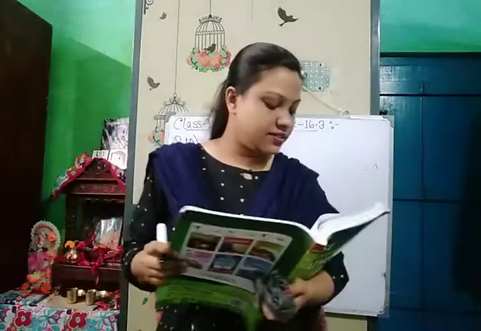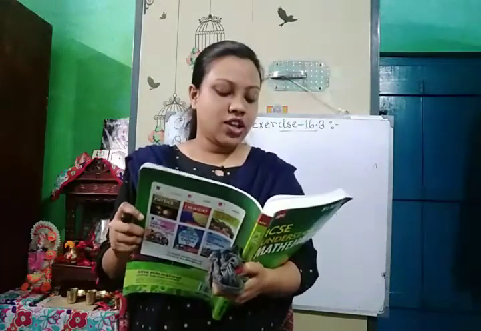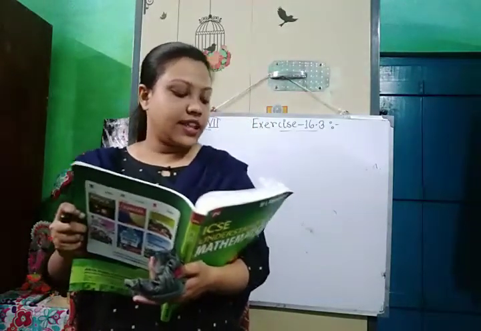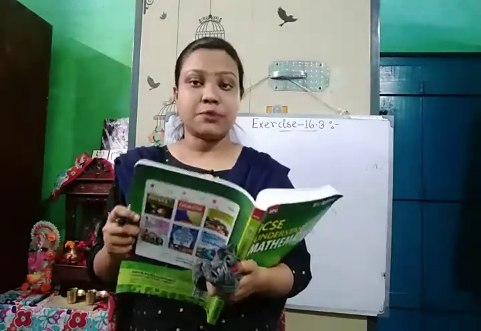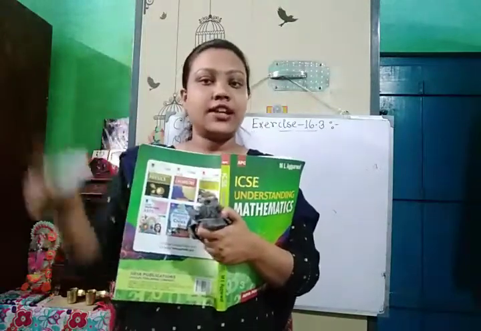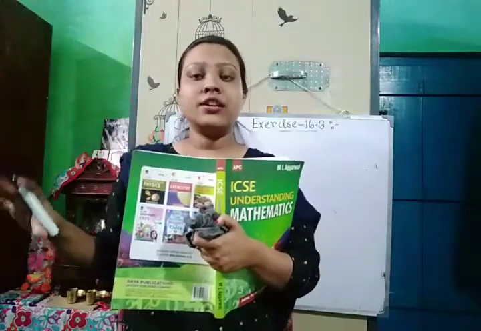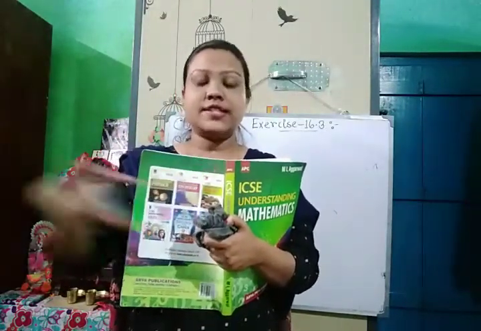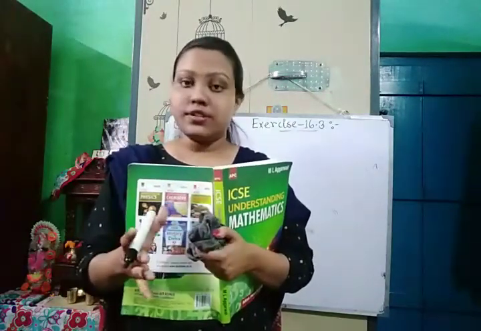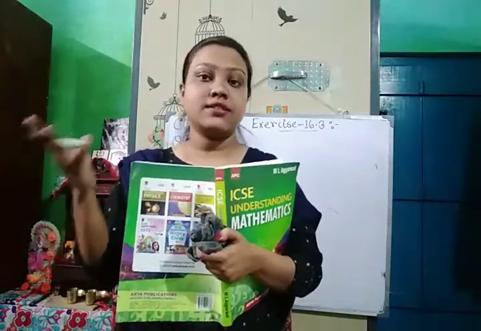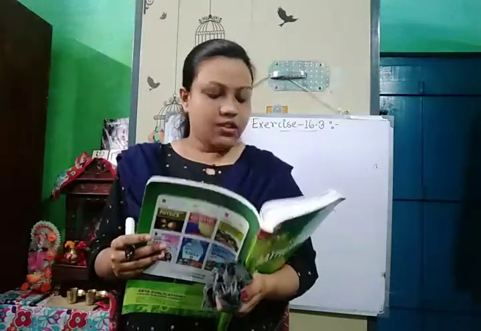Question number 10 is how many times will the wheel of a car rotate in a journey of 88 km given that the diameter of the wheel is 56 cm. So rotation means in one rotation, it's covering its circumference. So the distance which is given here is 88 km. And you need to be careful about the units. The distance is given in kilometer and the diameter is given in centimeter.